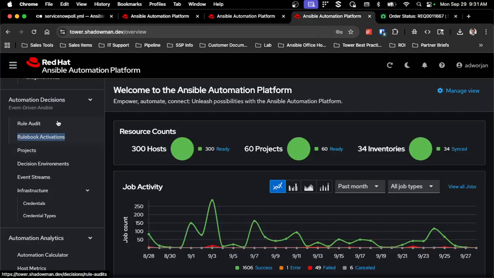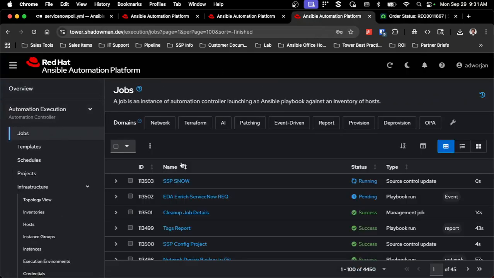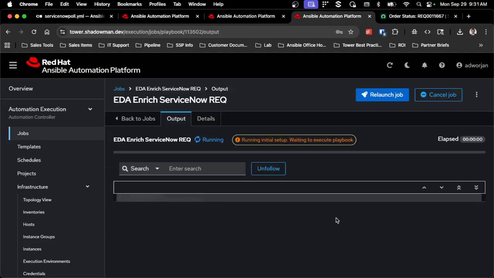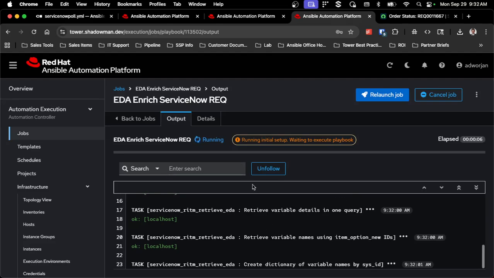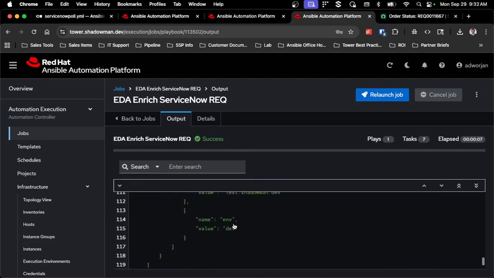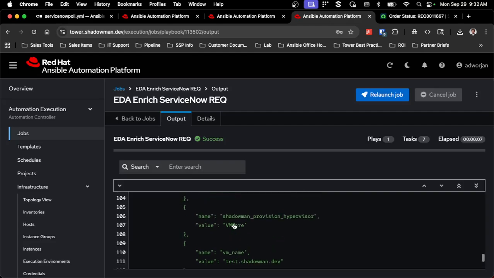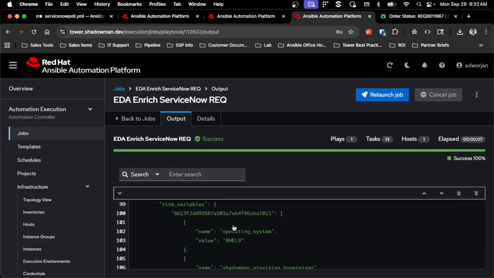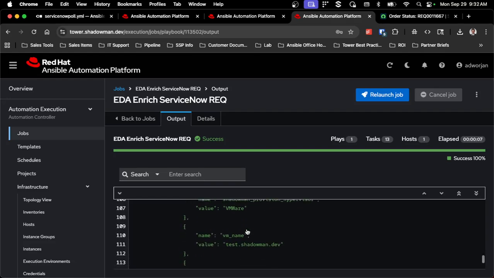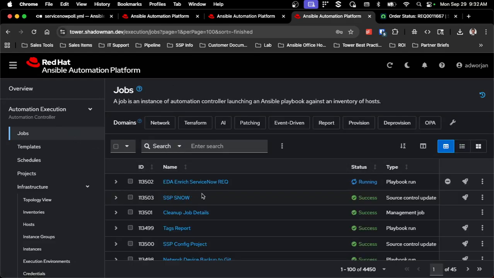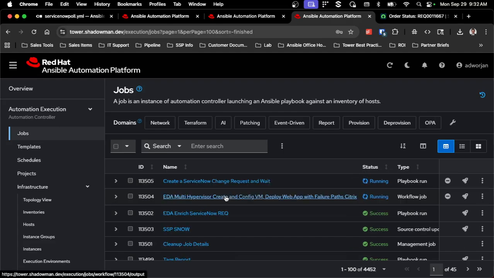So if I go into the automation platform itself and I go to jobs, I should see that that enrichment job is running. This enrichment job will run, gather the extra information about the details related to the actual environment. I can see in here, since I did that debug output, the operating system, the hypervisor, the virtual machine name, the environment. And now that will provide back to the rulebook itself, which will then launch the larger job, which is actually